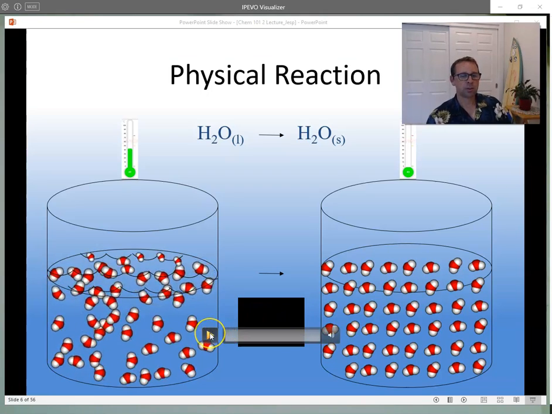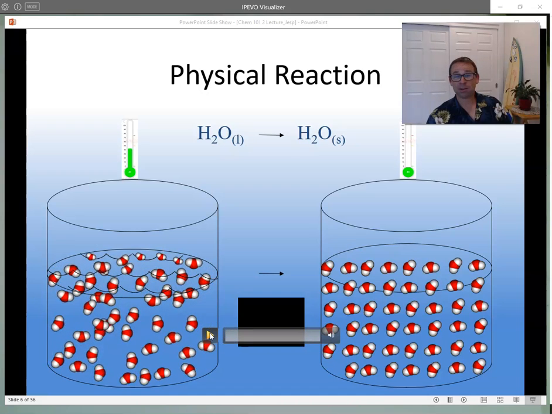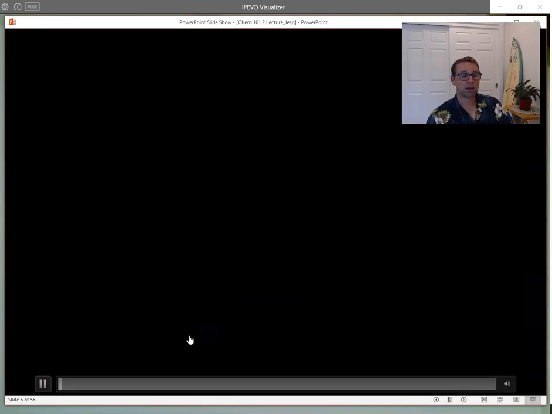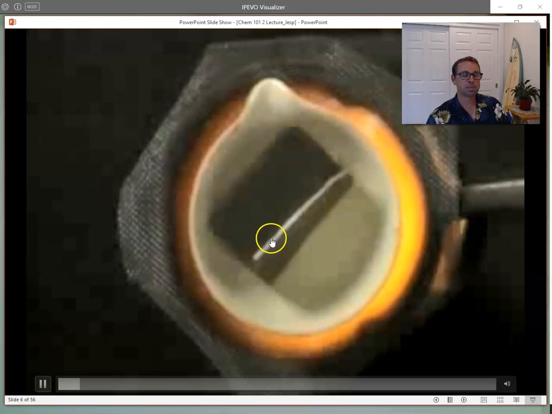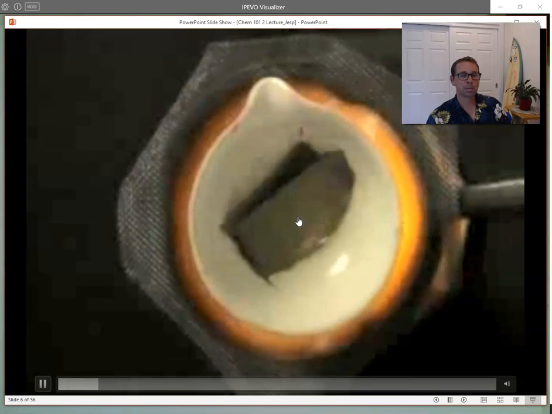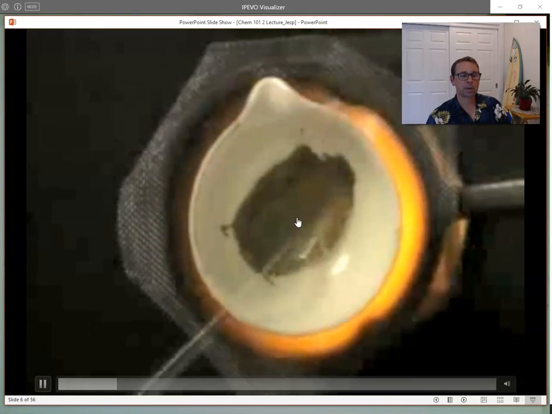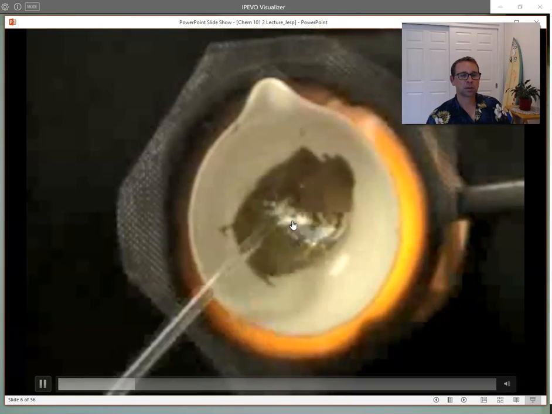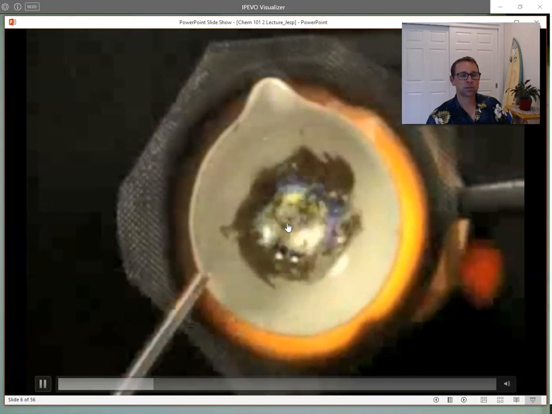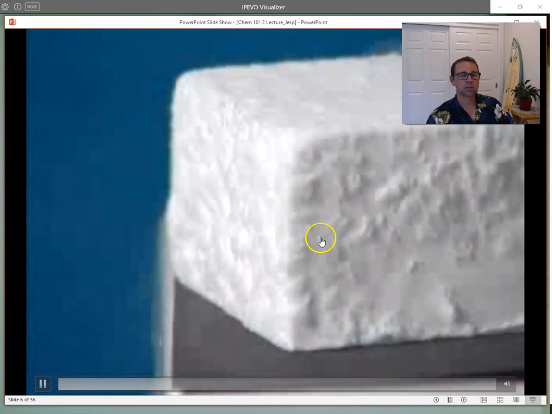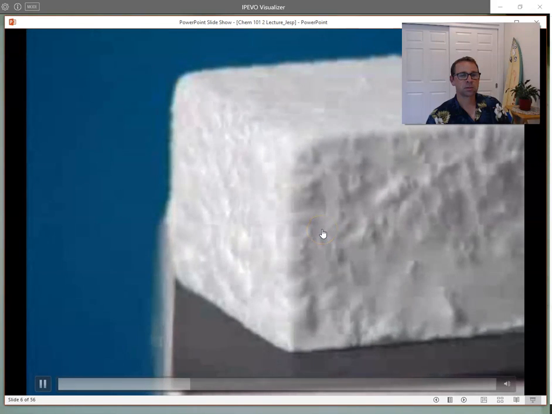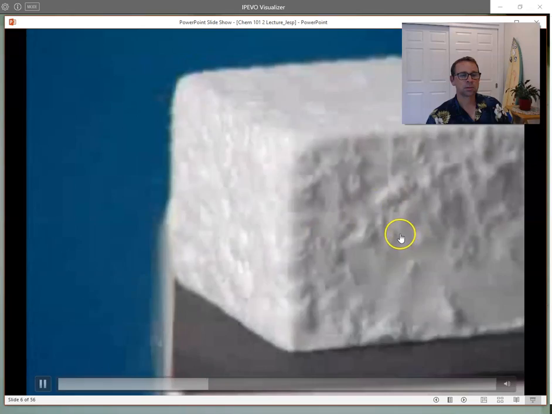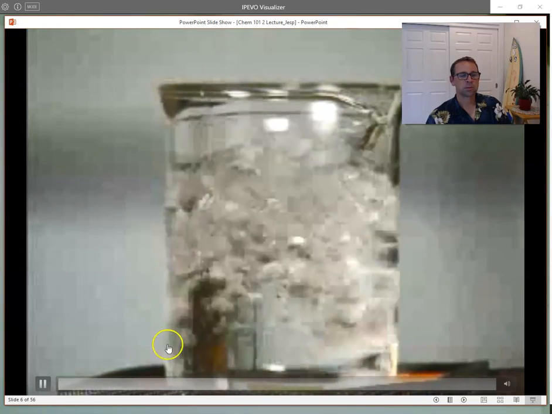And here's a little video that we can watch that talks about melting and evaporation. Matter can be found in any of four states: solid, liquid, gas, or plasma. Solid can be changed to liquid by melting. Solids can change directly to gas in a process called sublimation. Liquid is changed to gas by boiling. Gas can